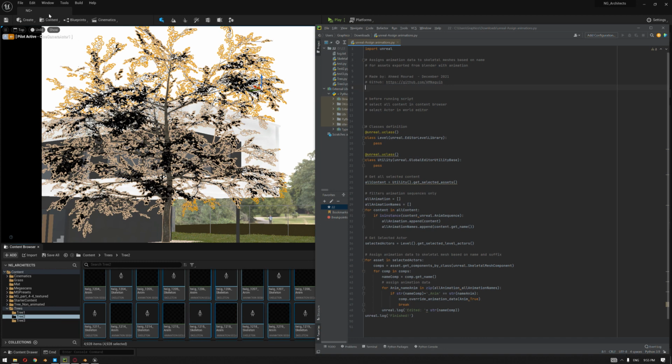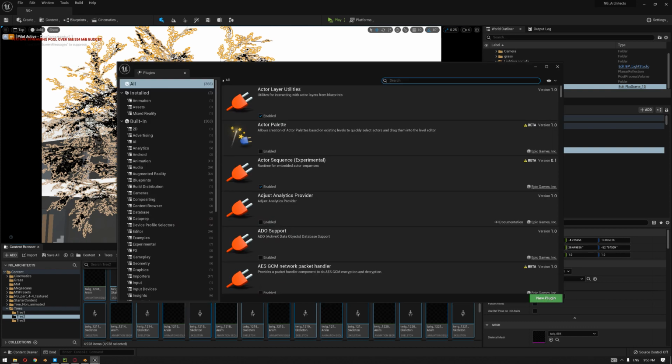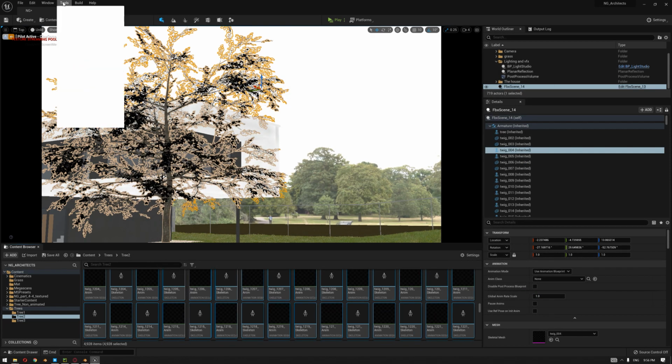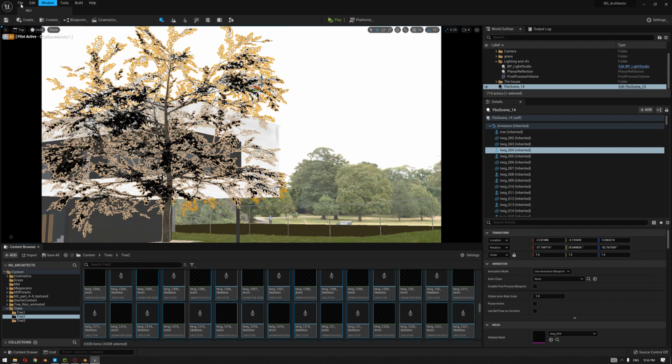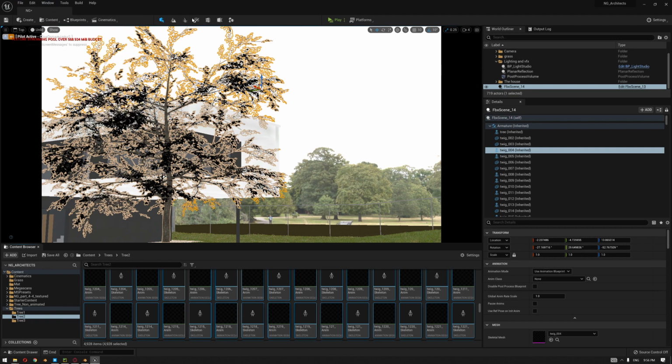But before that, let me also remind you that you have to enable Python inside your Unreal Engine file. Once you enable Python, it will ask you to restart, so you can basically enable Python to be inside your project file. Inside Unreal Engine 5, they have relocated the execute command for the Python script under Tools, but in the previous versions you'll find it in the File menu.